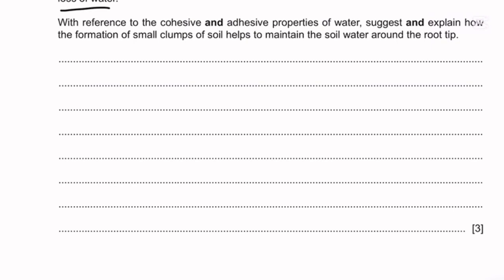So with reference to cohesion and adhesion, obviously questions like this, you want to define cohesion, you want to define adhesion, and then you want to mention and explain how. Okay, so with reference to cohesive and adhesive properties, we have to understand that water molecules stick to each other, and because they are capable of sticking to their surroundings, like the soil particles, the water molecules stay close to one another in a very small space. So that's why there's a high water potential next to the root tip directly, because they are sticking to the soil. So again, cohesion